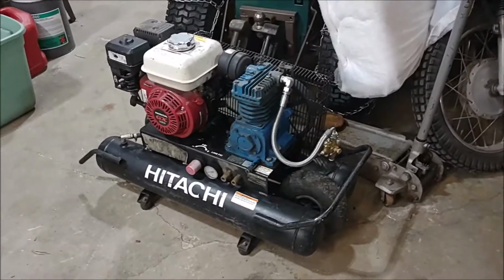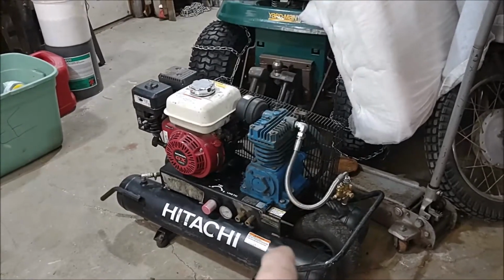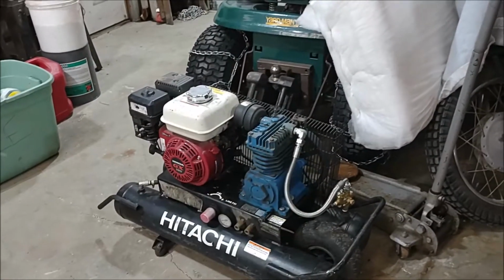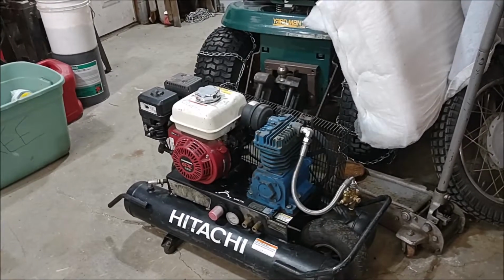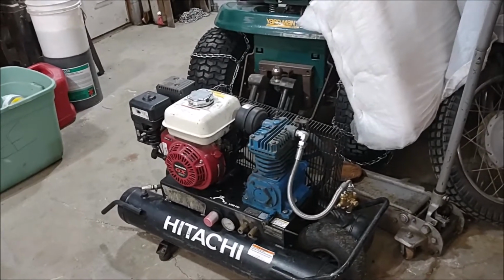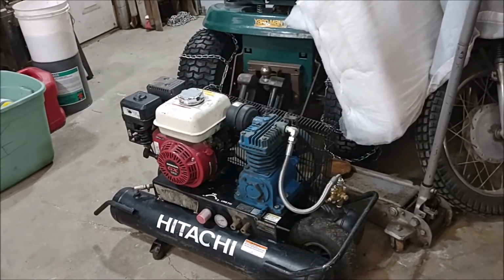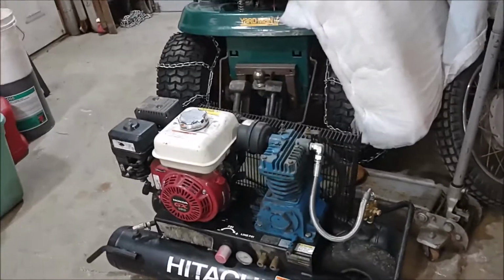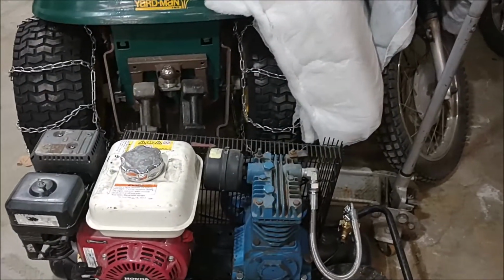The problem with looking up that model is they have kept the same model number but changed certain things on there, and you can get different configurations or something. Anyway, I kept searching until I found the exact one. Looked up the diagram, and